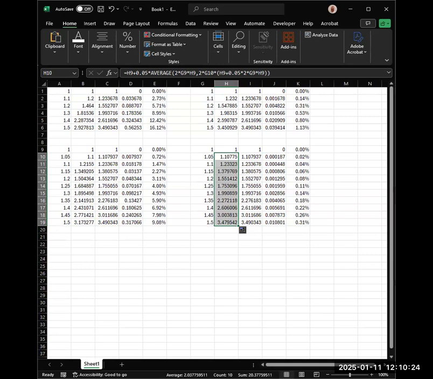So depending on what your application is for needing this value, maybe a 9% error isn't that bad for you. I'm not saying that it's going to be 9% all the time, but maybe this is good enough of an approximation. But if you're trying to do something with a lot of precision and accuracy, then maybe you need to